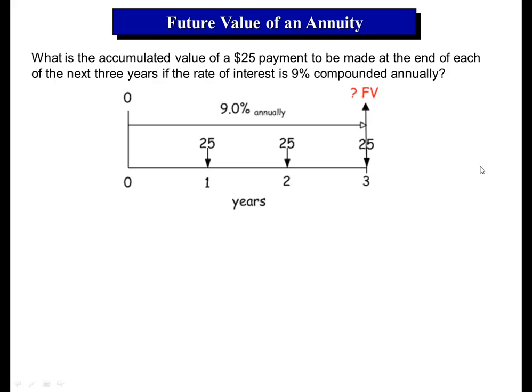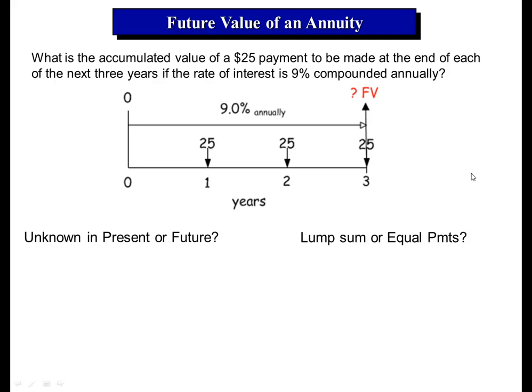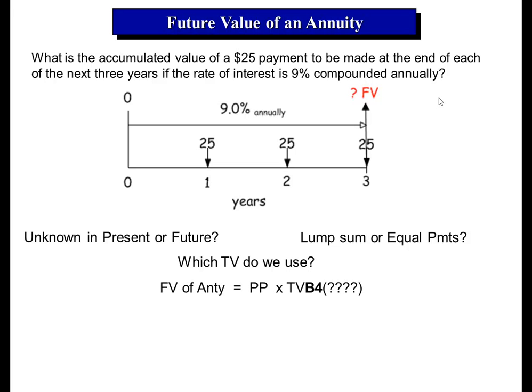So the way we're going to solve this is we're going to ask the question, is the unknown in the present or in the future? Well, the unknown's in the future. It's out here 3 periods. And is it a lump sum or a series of equal payments? Well, we're dealing with a series of equal payments here, and we're asking the question, what's that going to be worth? So which table value do we use? Well, we're going to use, in this situation, the future value of an annuity table, which in my book is table B4. So we're going to use this table based on 9% for 3 interest periods,